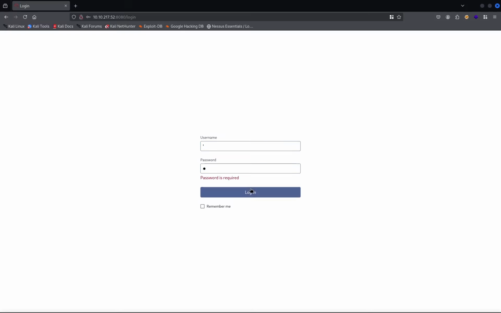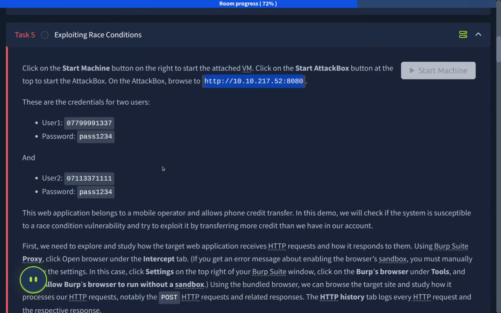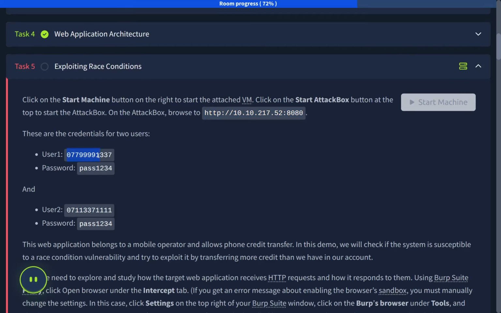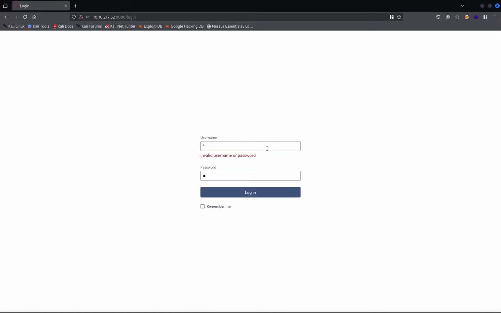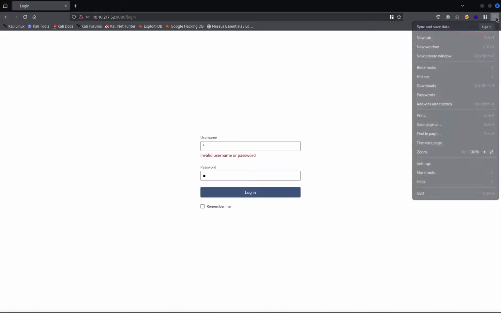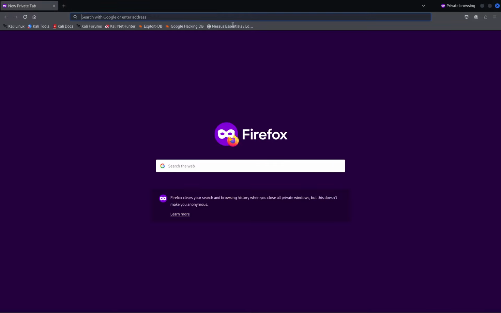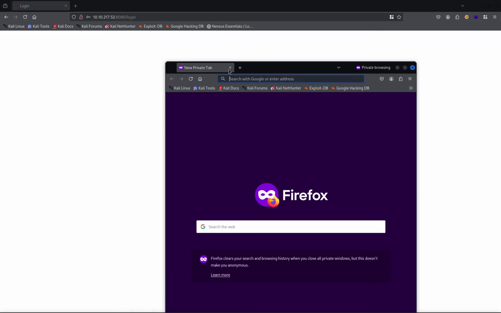Okay, SQL injection over here as well. We need to check through Burp if it's variable or not. However, that's not our case. Here they are telling us we have two users. So whenever you need to make two users or more, you can either make a new private window and copy the IP, or I prefer to use,